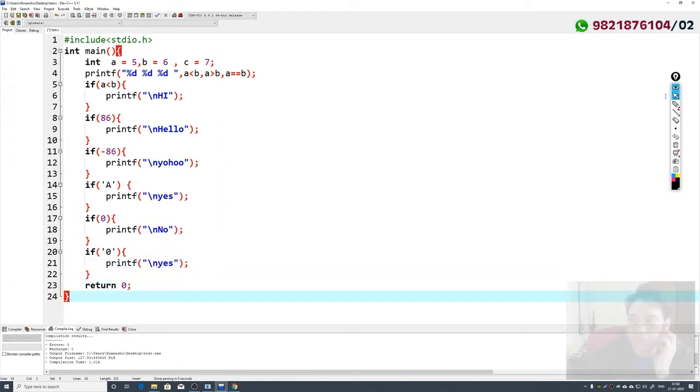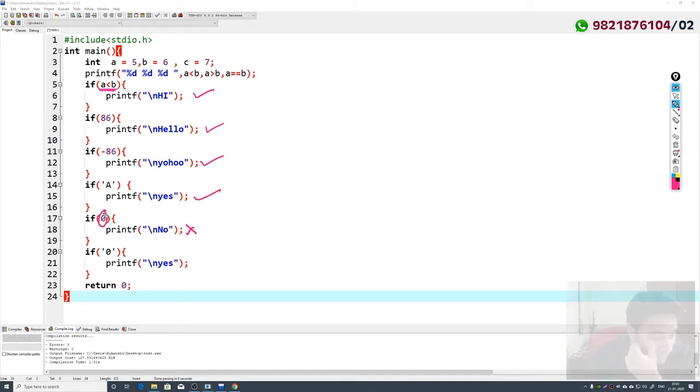I told you that whenever we have these kind of conditions, which is if else condition, if I am giving a value 0 or a value null, that means it is false and it is true otherwise. So this hi will be printed, this hello will be printed, this yoo-hoo will be printed, yes will be printed, no will not be printed.